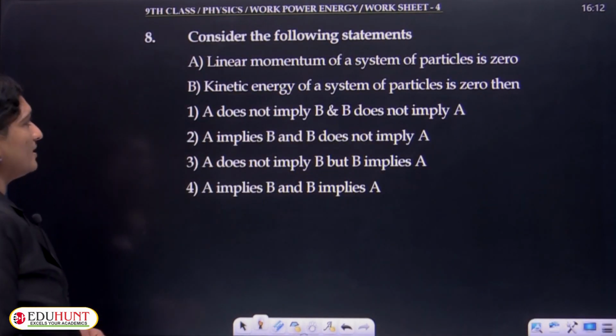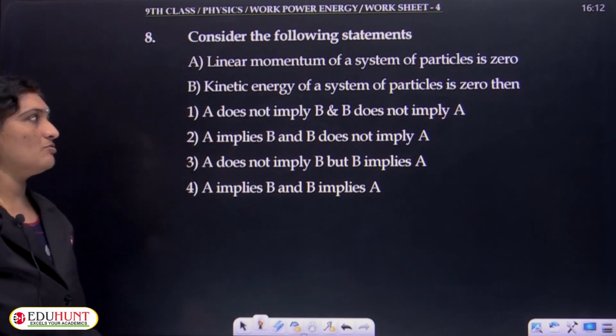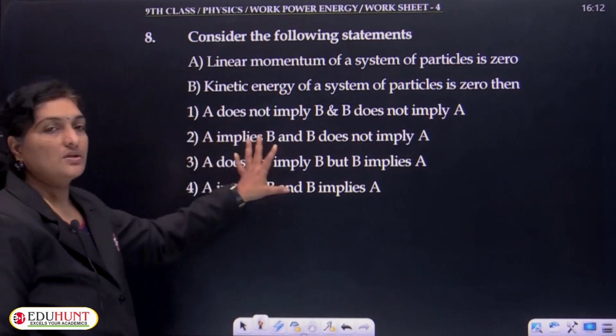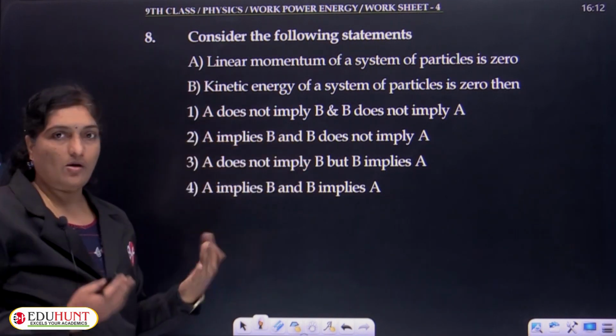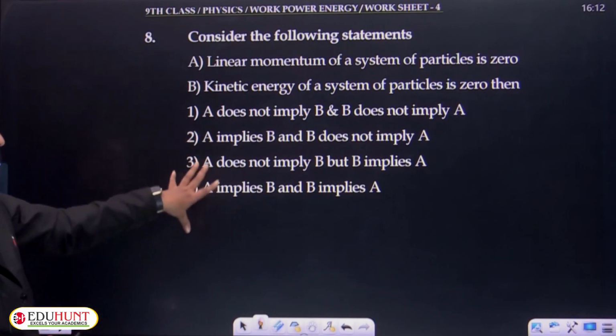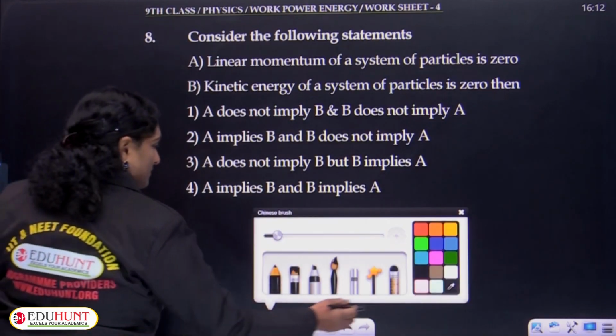Consider the following statements. Two statements were given, children. Linear momentum of a system of particles is 0, and kinetic energy of a system of particles is 0. Then we need to consider which among the statements is true, whether A implies B or B implies A or anything related to that. So before discussing in detail, let us go with the clear data. The first one is